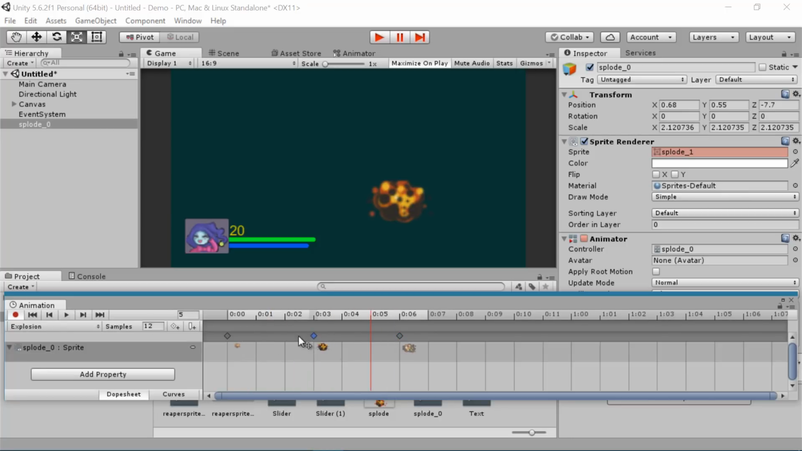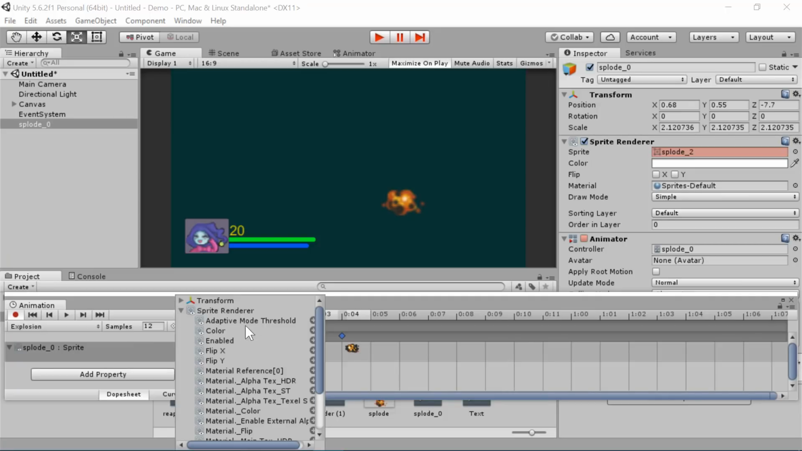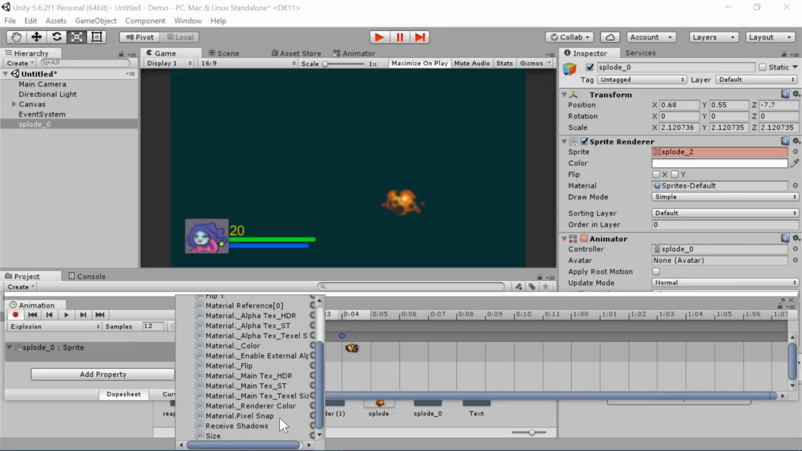So now it's actually a little bit too slow, so I want each of them to last for about 2 frames. It's a little bit hard to see because it's still looping in the preview version. But what we can do here also is have it disappear when it's done. And to do that, what we do is under the Sprite renderer,